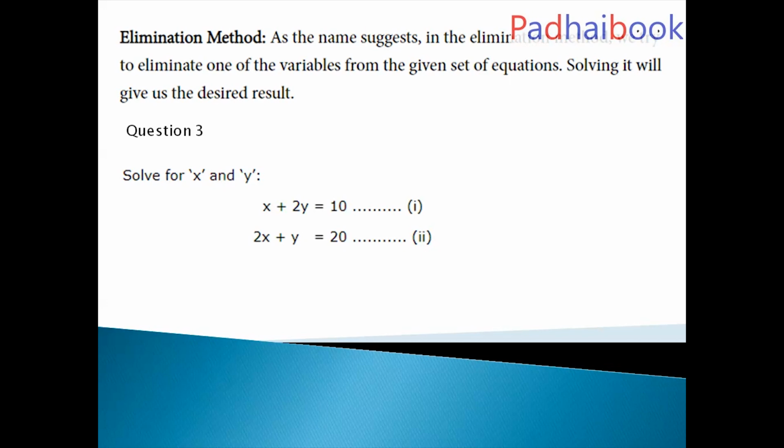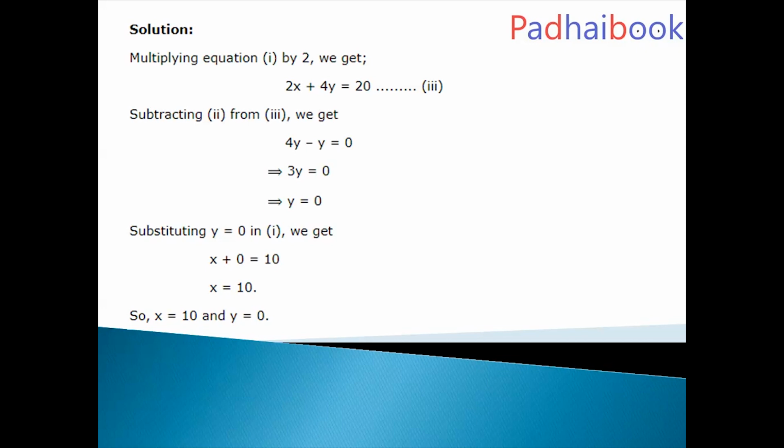Now if I see the two equations, let's see the coefficients first. The coefficient of x is 1 in the first equation and the coefficient of x in the second equation is 2. Similarly, the coefficient of y in the first is 2 and the coefficient of y in the second is 1. Now I will make either the coefficient of x same or the coefficient of y same, so that if I add or subtract the two equations, that gets cancelled and I get the value of the other variable. Now see here, I multiply the first equation by 2. I get 2x plus 4y equal to 20. Now see, the coefficient of x is same in both the equations.